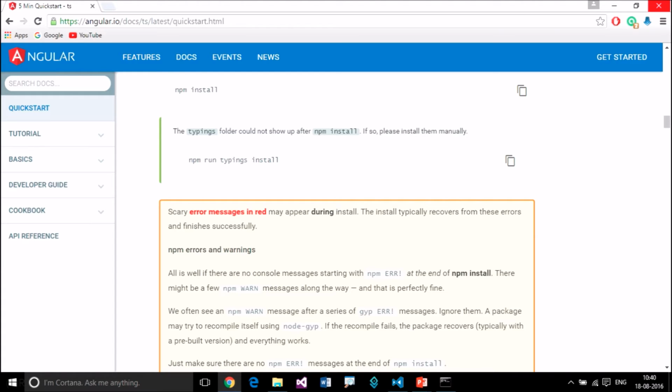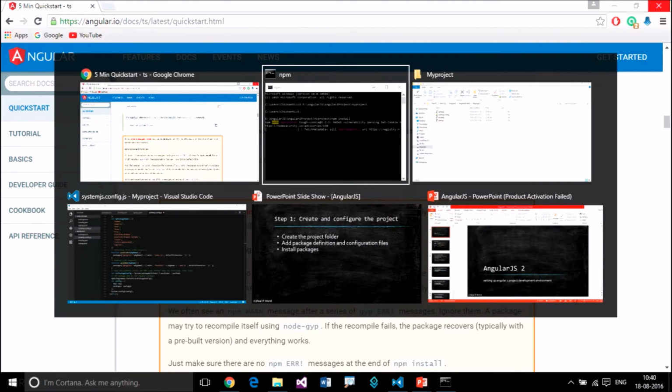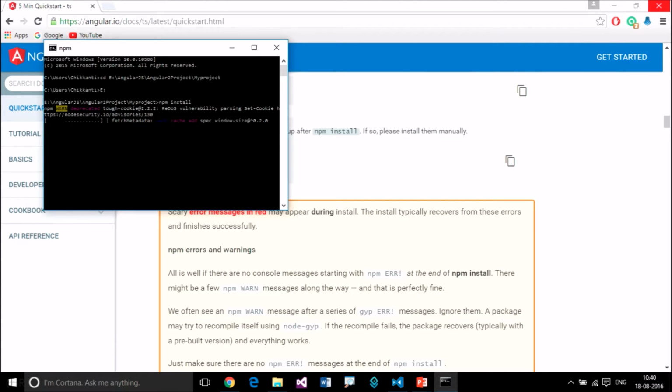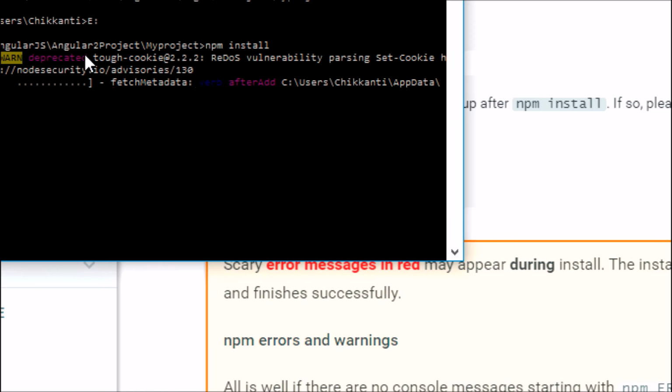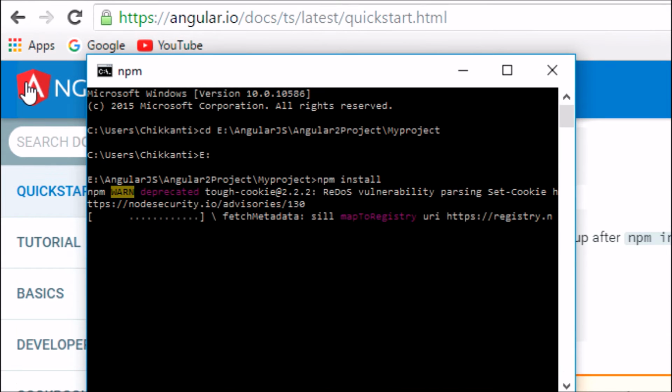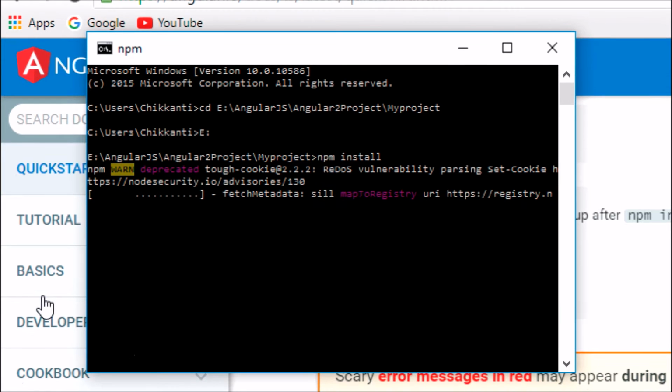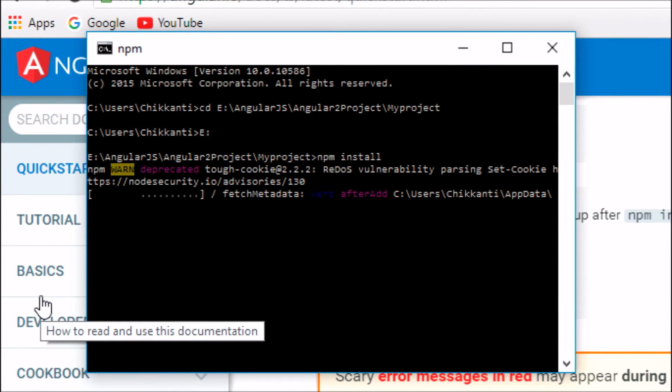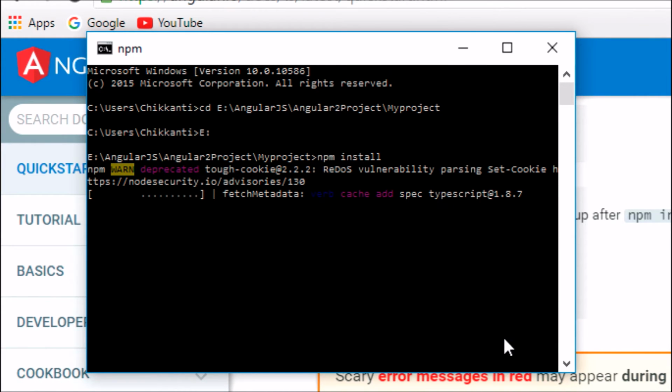Sometimes it fails to install typings. So if you want to install that separately, run this command. Let's look at the command prompt, what it is installing. You can ignore npm warnings.